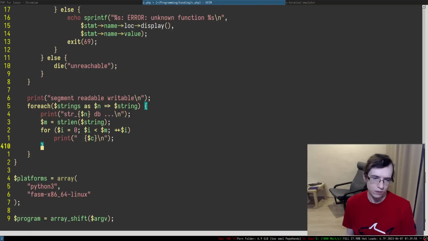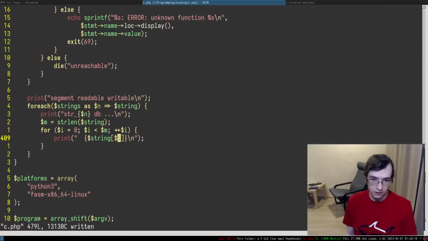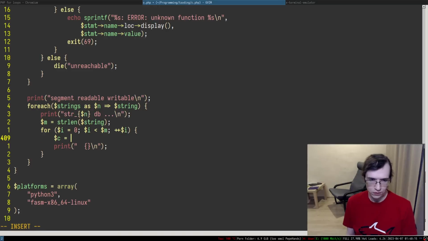and in here, I essentially want, I forgot to put this thing in here, and string, can I just do it like that? I should be able to do it like that. There we go, that's what I wanted. So the next thing, how can I get the code of this entire stuff? Right. So essentially, I want to be able to do something like ord.